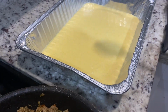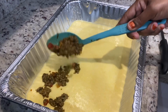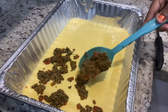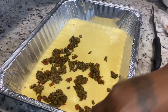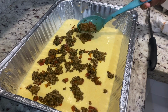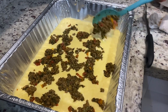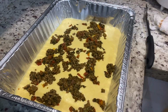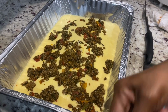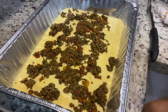You don't have to worry about baking it first because it's going to bake as the shepherd pie bakes. And now you can just go ahead and sprinkle on a little bit at a time, because you have to spread it out. So I'm just trying to be a little careful. I'm going to sprinkle it in different sections first, but I'm going to do it quickly because, as you can see, the cornbread is starting to swell up because of the heat from the ground beef. So I'm going to do this a little quickly,